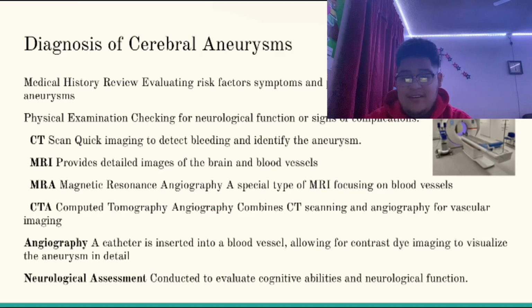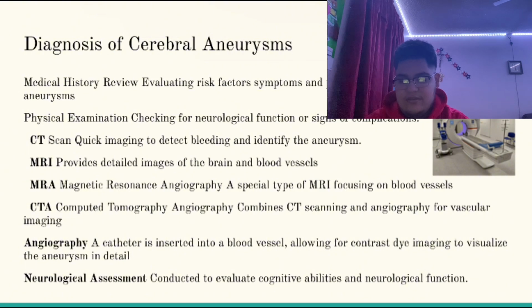To find a diagnosis, we can use the CT, which is a quick scan image to detect bleeding and identify the aneurysm, and an MRI to provide more and better detail of the image of the brain and blood vessels. The MRA is a special type of MRI that focuses on the blood vessels. The CTA combines CT scanning and